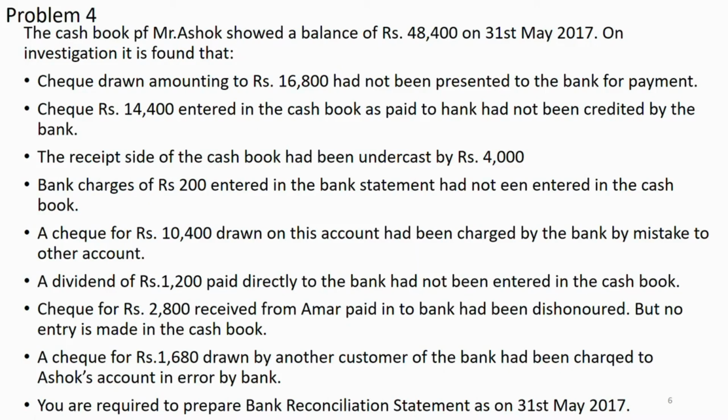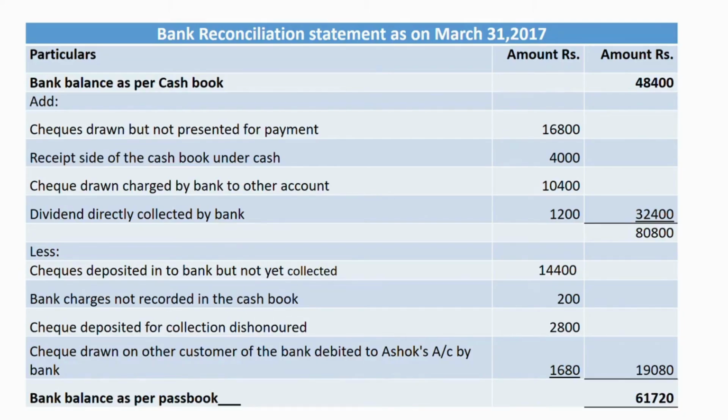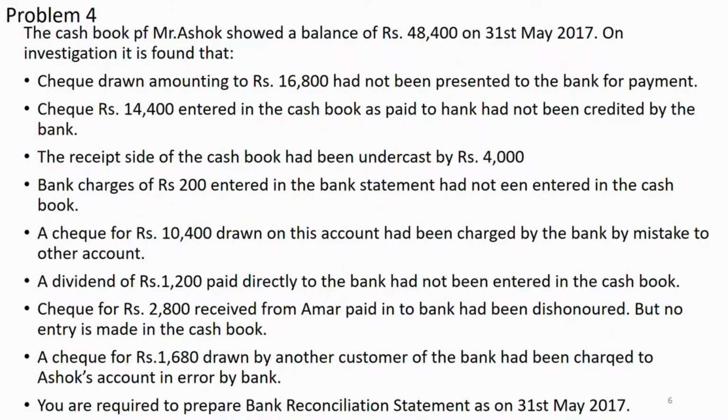So 4,000 needs to be added back to increase the cash book balance. So as to match with the passbook balance, 4,000 has to be added. Receipt side of cash book has been undercast. So add 4,000. Next, bank charges of rupees 200 entered in the bank statement has not been entered in the